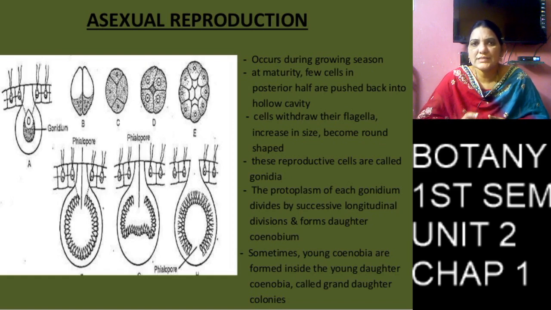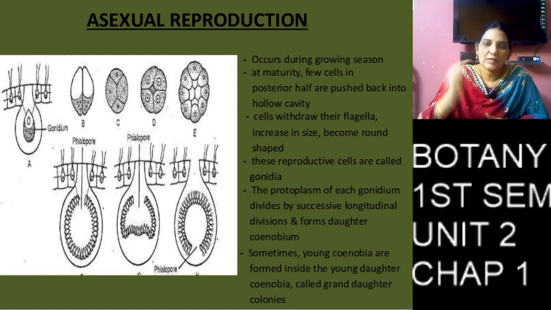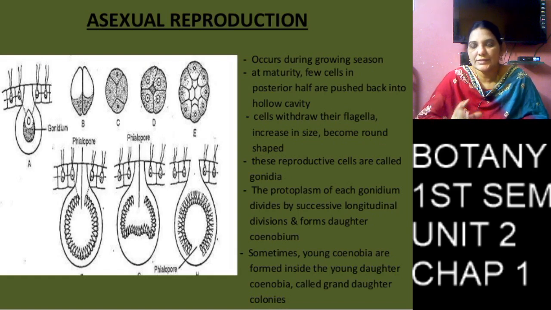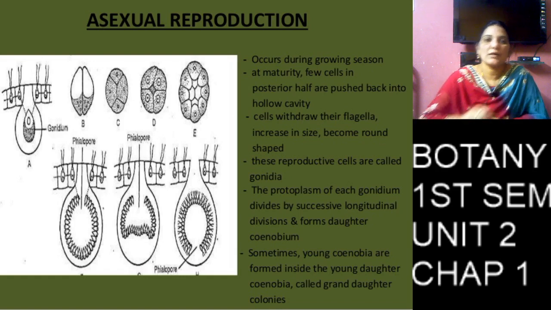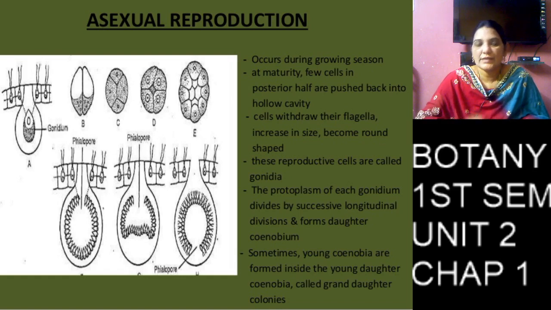the upper cell converts into one large cell. The single cell loses its flagella and turns into a very big size. Then it undergoes divisions. The cell is divided into two cells, 2 to 4 cells, 4 to 8 cells. The stage of 8 cells is called the plakea stage.